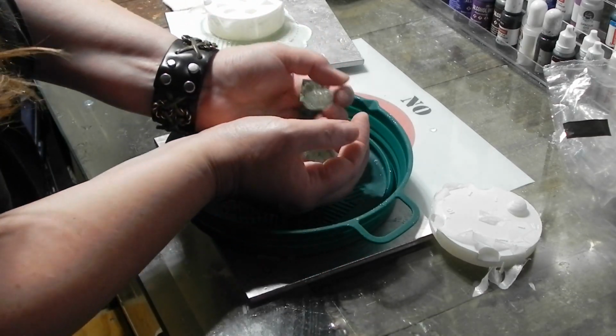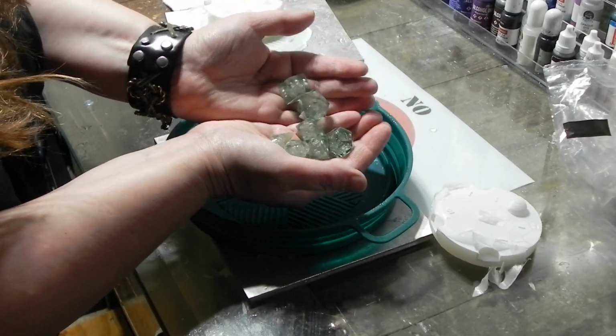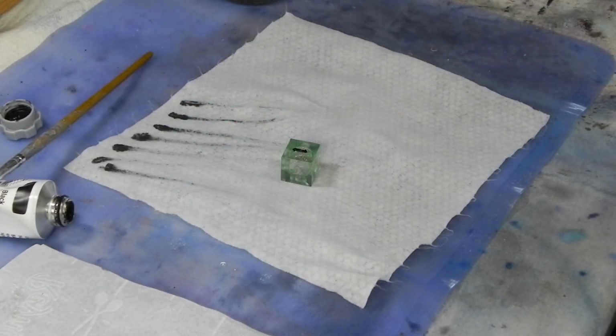Once they're all out, give them a good shake. Make sure that they have some nice motion to them. And those are beautiful. But we're not all the way done. Got to put numbers on. So after a little bit of cleanup,